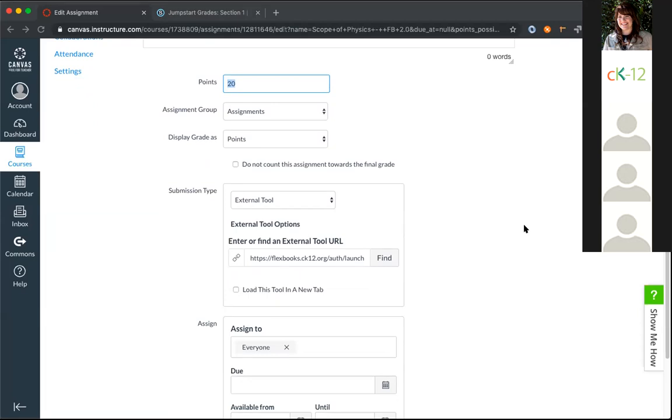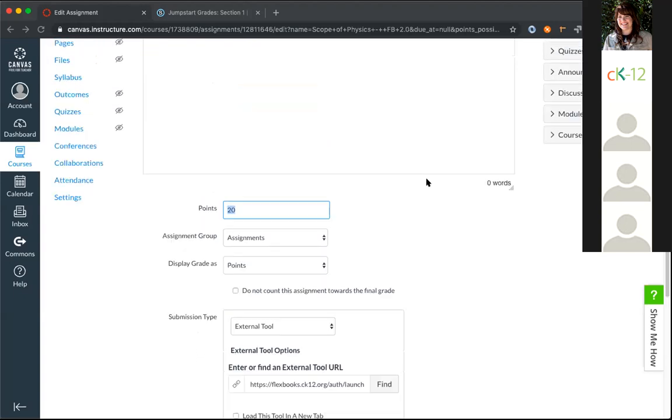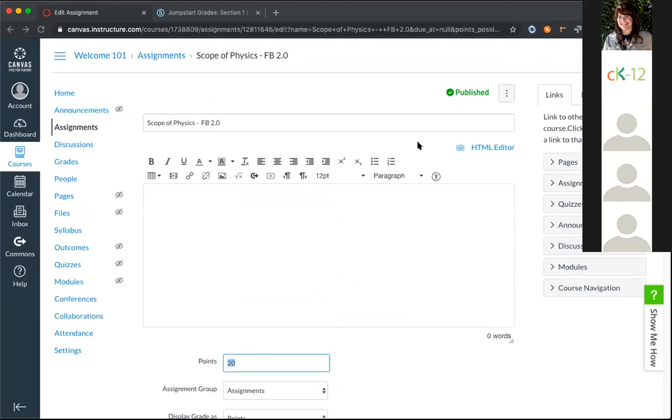That's great. Another question to throw at you, Felix, in case you know: I have a shell class in Canvas that I link all of my common classes to. I would just have to assign a CK12 in the shell class, and it would be assigned out to all of my classes? Were you able to follow that one? Yeah, I think I do, but I don't have an answer for that because I don't think I've tried that.